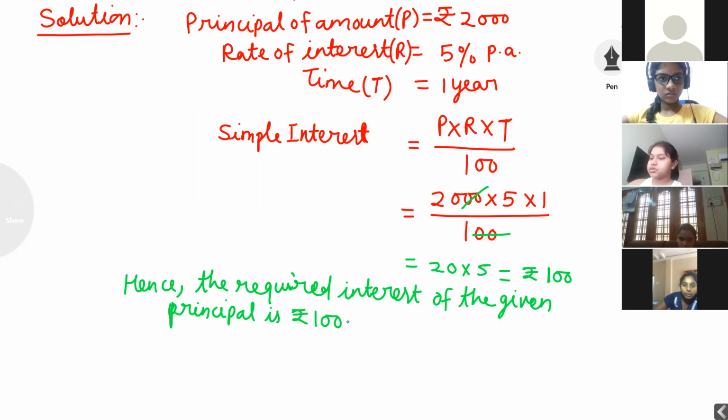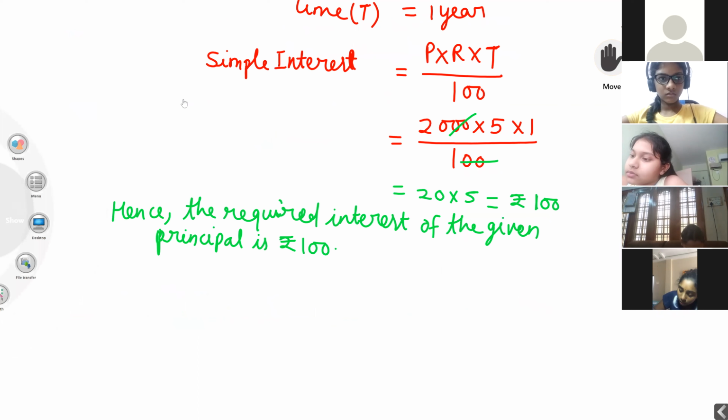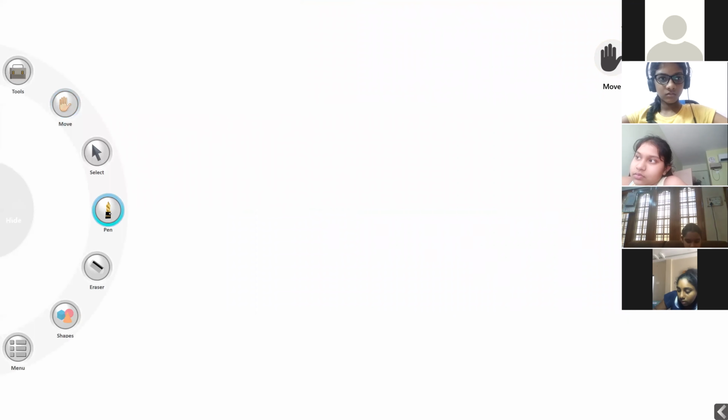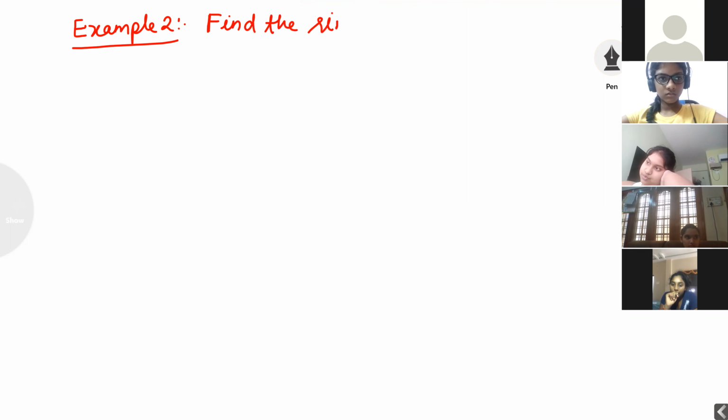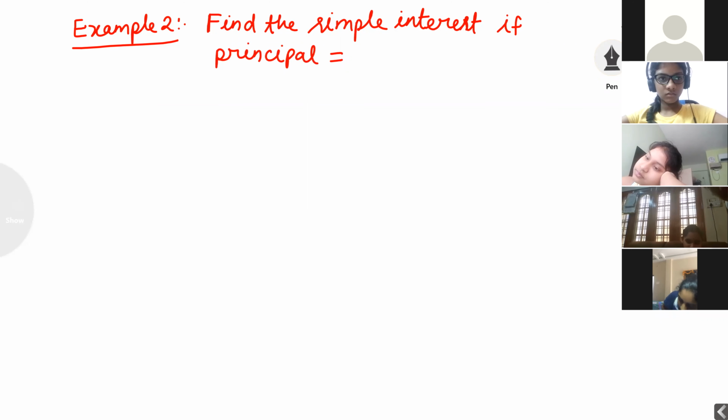Next, example second. Find the simple interest if principal is equal to